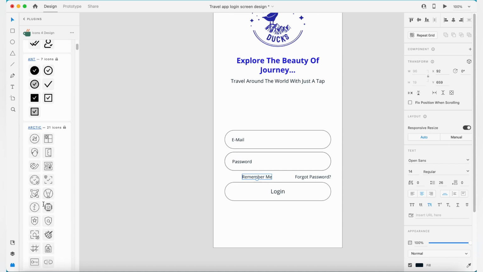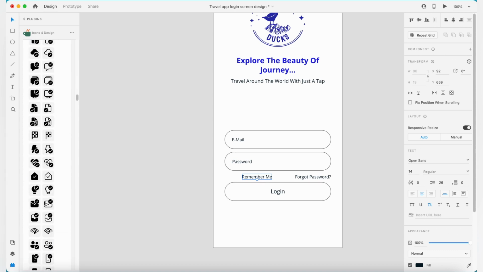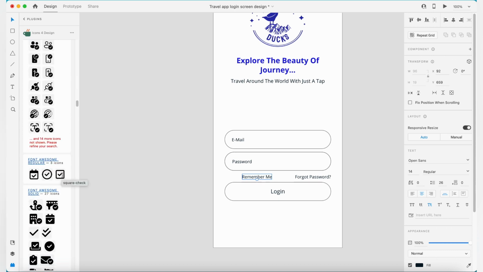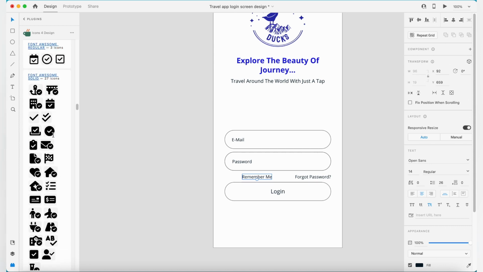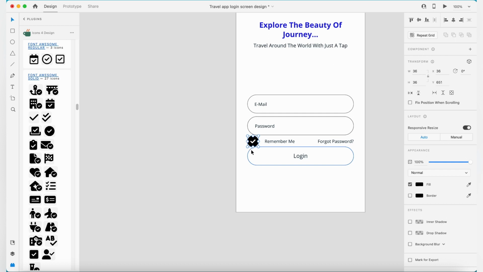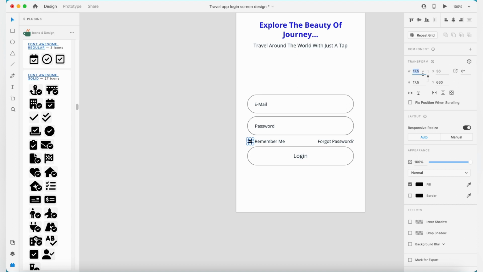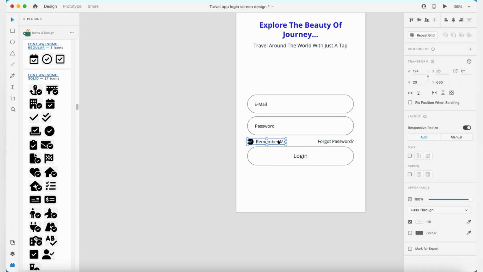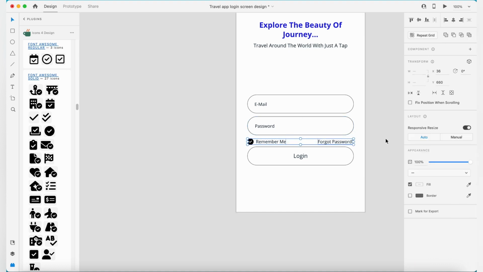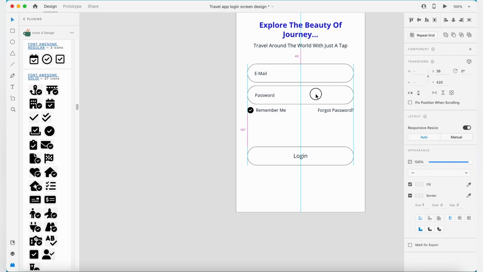So here, if you can see, I'm just looking for the checkmark icon for the remember me. I have downloaded the icon design plugin in the plugin section of Adobe XD, and I got this circular checkmark icon which I added, and now I'm doing some alignment with the layout as well as with the text. This is a rough layout I'm